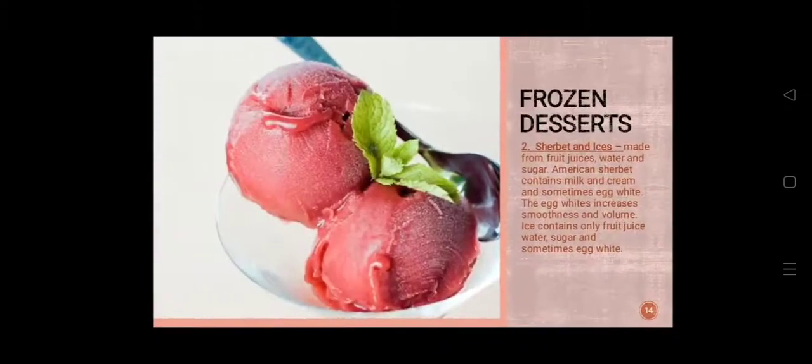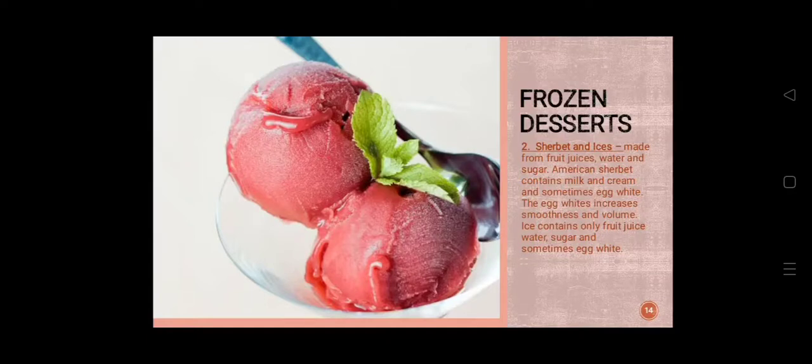Next one we have in frozen dessert is the sherbet and ices, made from fruit juices, water, and sugar. American sherbet contains milk and cream and sometimes egg white. The egg whites increase smoothness and volume. Ice contains only fruit juice, water, sugar, and sometimes egg white.